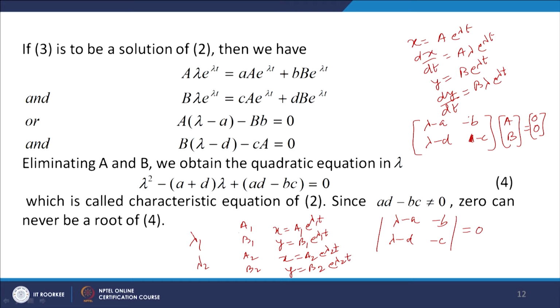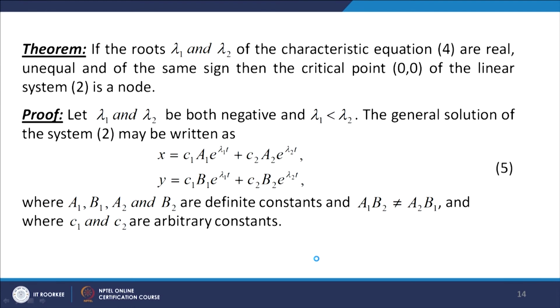So, corresponding to one value lambda 1, we have a solution of this equation. We take the values of a and b corresponding to lambda 1 as a1, b1, or corresponding to lambda 2 we take the other values of a and b, they are a2 and b2. So, then x equal to a1 e to the power lambda 1 t, y equal to b1 e to the power lambda 1 t, this is one set of solution and this is another set of solution. They are linearly independent of each other, and in the case of a linear homogeneous system, we write the general solution as the linear combination of